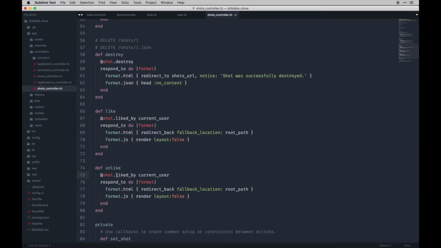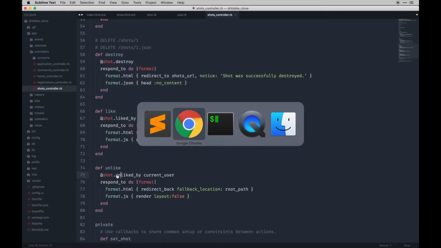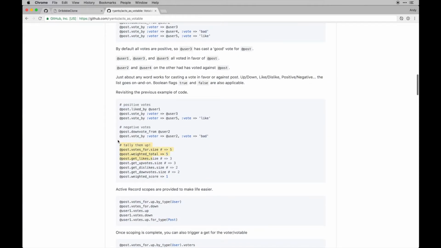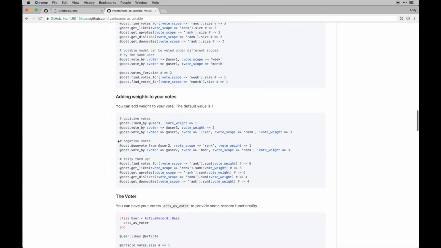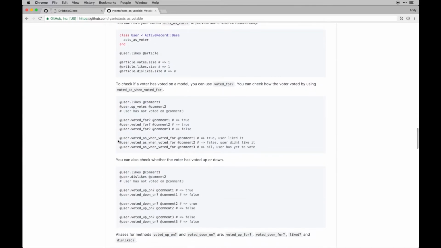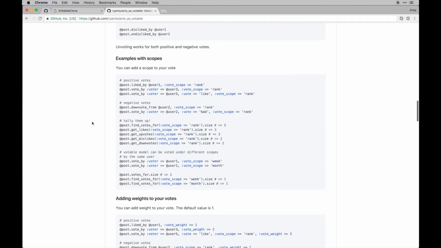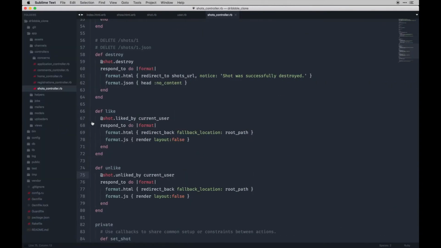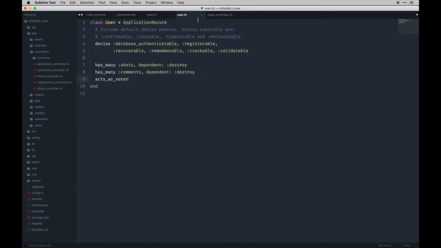And call the unliked by current user. Basically the same thing. So it's just a different method on the gem. It has all these things available to us. So read that. There's quite a bit you can do with it if you really want to get fancy. I'm just literally making a toggle for liking and unliking stuff, kind of like Facebook likes if you're familiar with